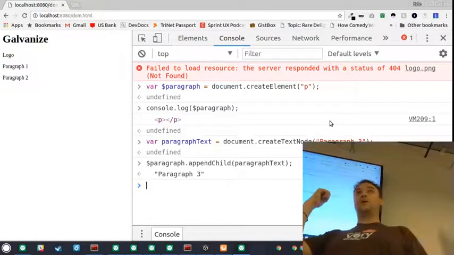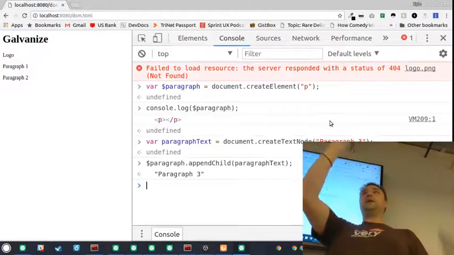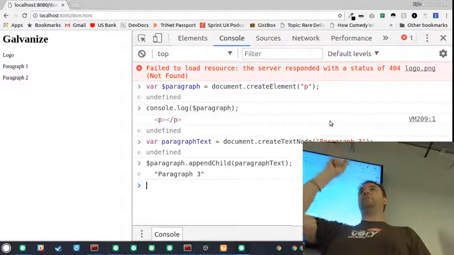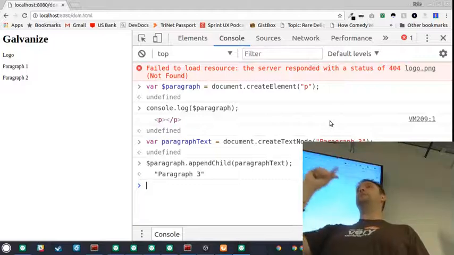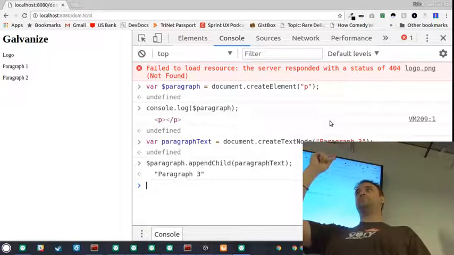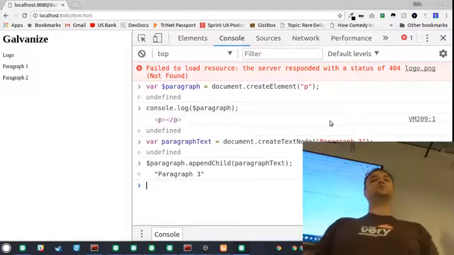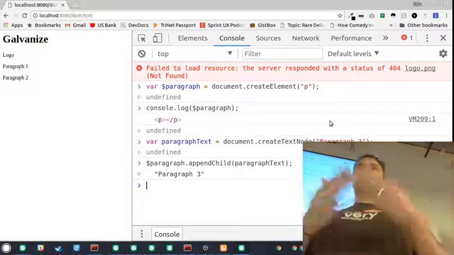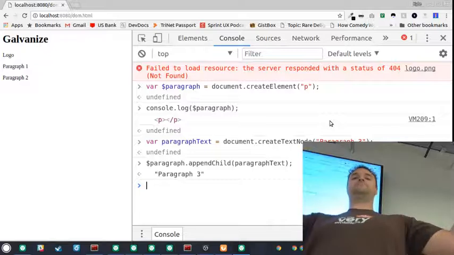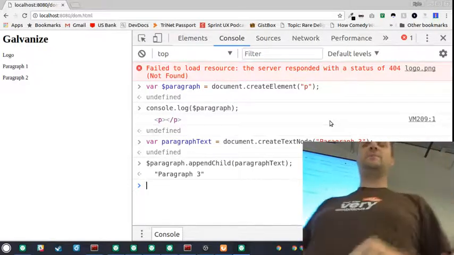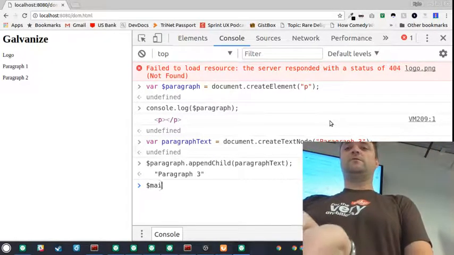Cool. So I've made a P tag. I've made a text node. I've appended the text node to the P tag. What's the last step to get this on the page? Yeah, put it somewhere on the page, so in like main something. Yep. So if I do something like